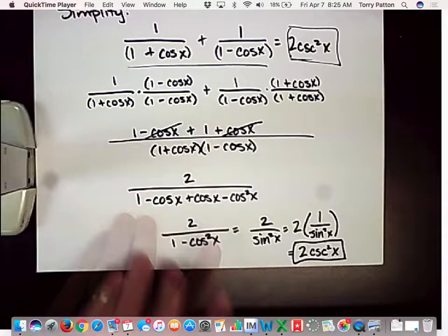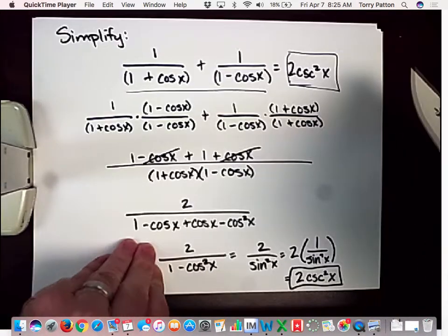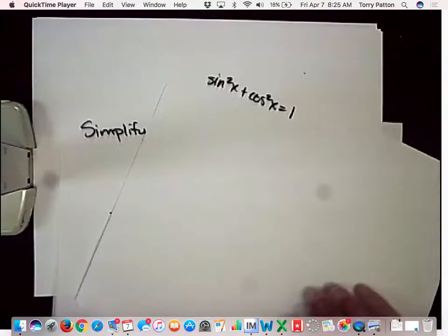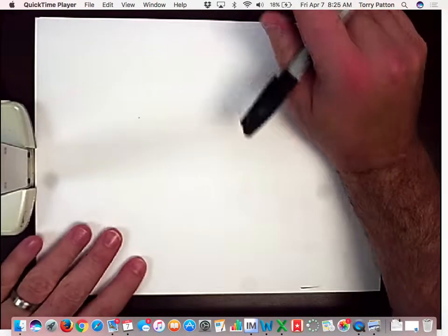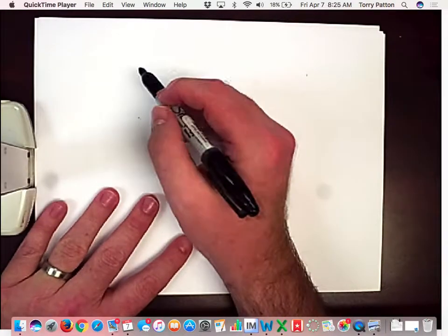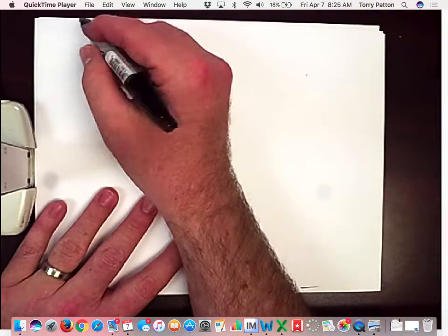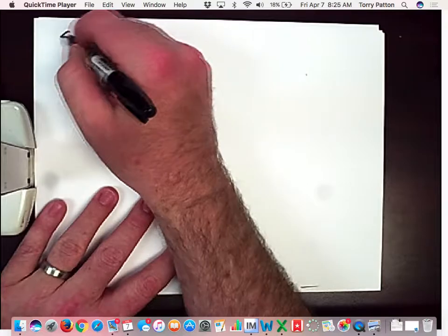Okay? All right. Now let me give you just one kind of intro into where this is going. Because your homework really kind of stops short of where this is going. But let me do one more example. Okay? And then I'm going to show you one from next section. So let's say I ask you to simplify